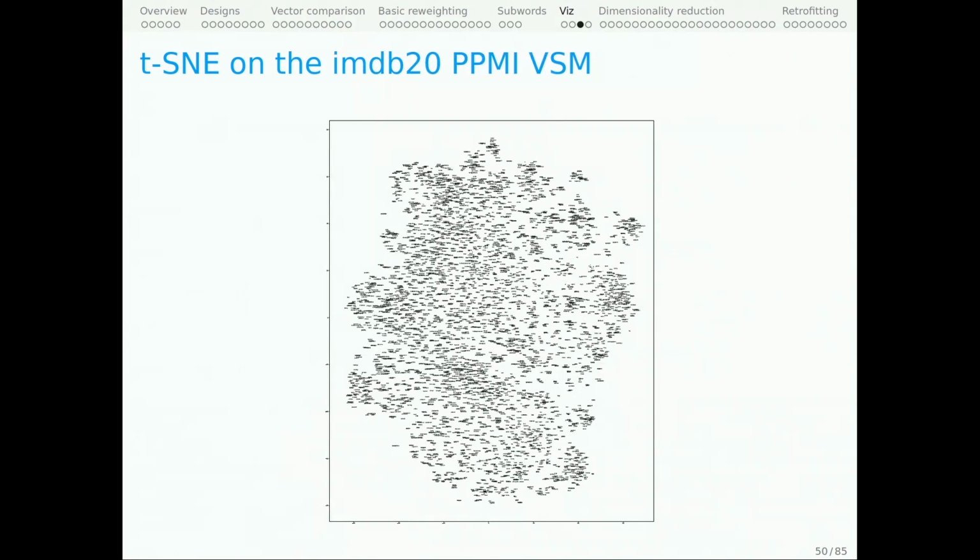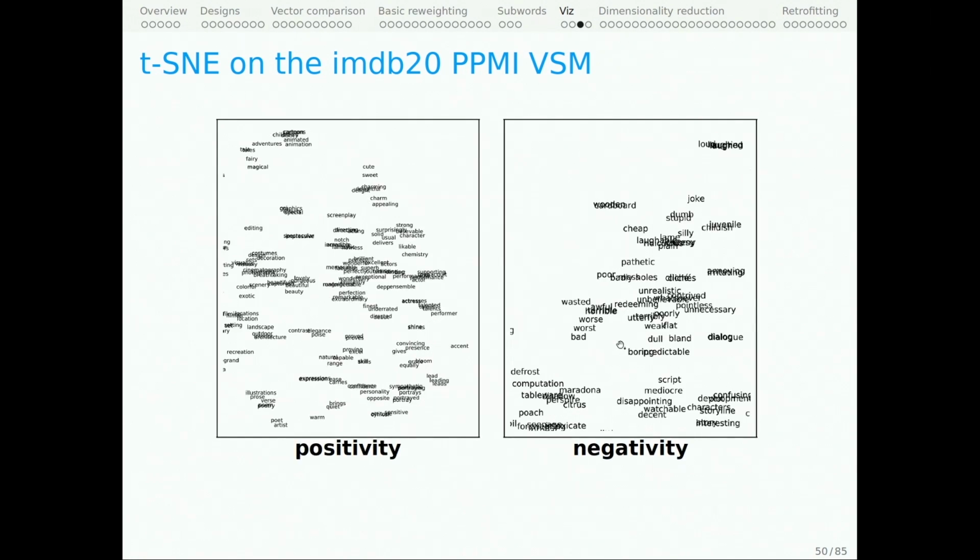And then I did the same thing. This is IMDb 20 with PPMI. Again, pretty good local structure in here. Here's a positive section. This is lots of positive words, and then negative ones. And I would say this is nice because not only is there pretty good preservation of sentiment in this space,